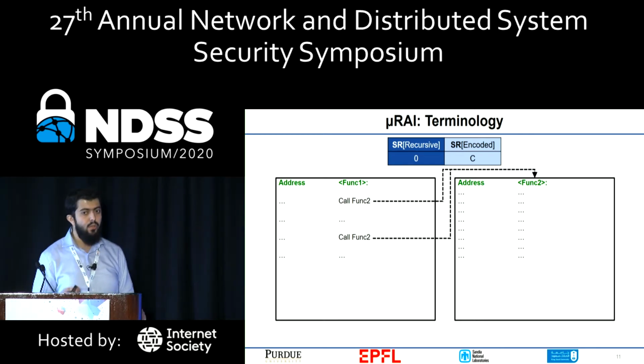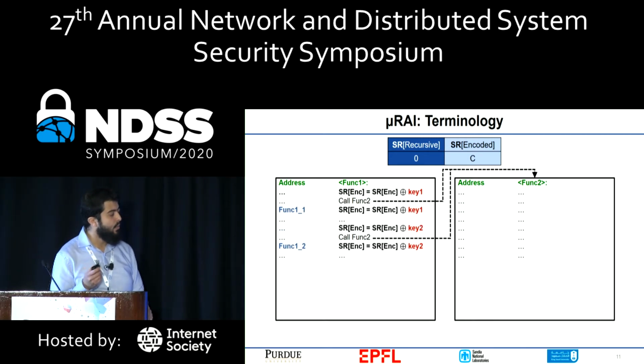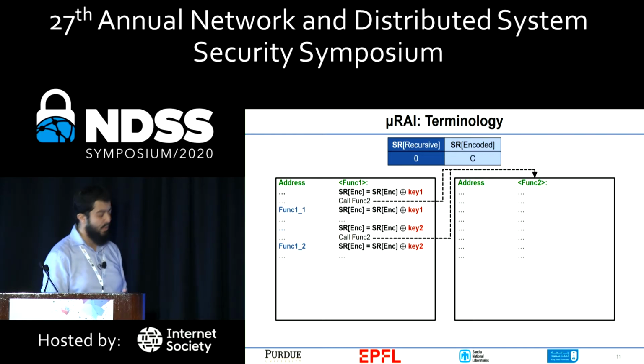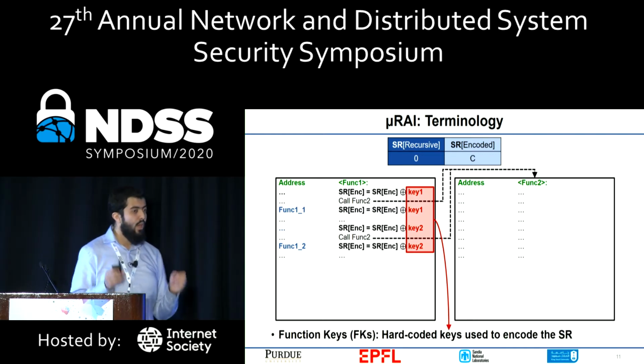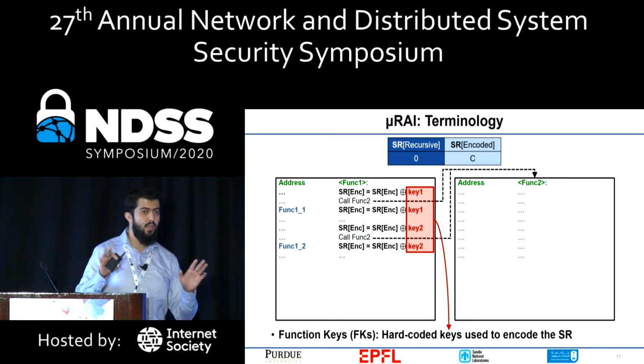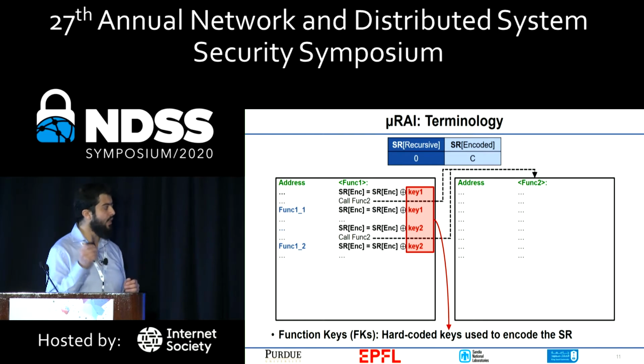The first step we're going to do is instrument each call site with an XOR before it and after it. What this does is encode the state register before, and decode the state register after. This XOR is with hard-coded keys, which we call function keys. These are in code and read-and-execute, so they're not corruptible. The second step